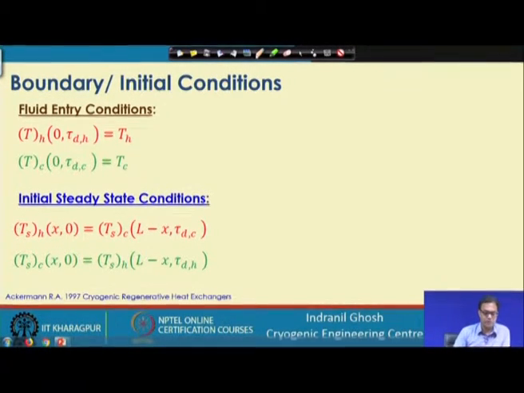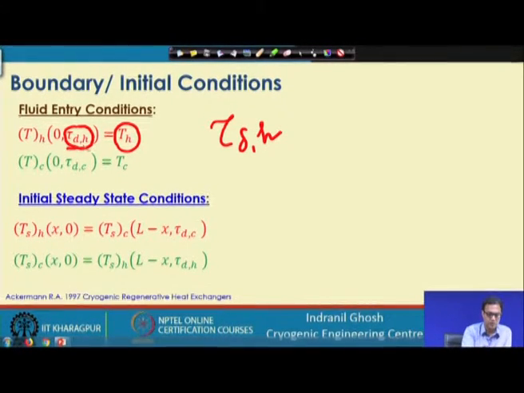And what it is telling is that when it is entering the regenerator, it is entering at a temperature of TH. So, this tau dH basically tells about the dwelling time for the hot fluid, the entire duration when it is entering this